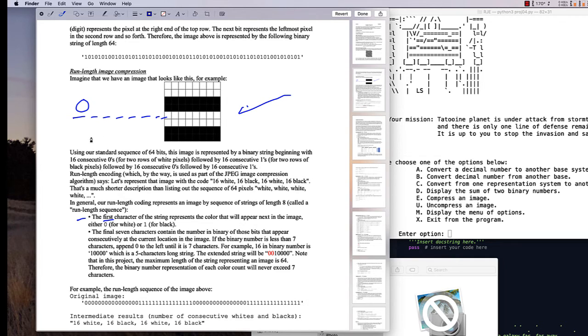All right. And so the first thing will be, okay, we got a bunch of zeros. Now, what we'll put in here will be a count of those zeros. But the count will be base 2, that is in binary. Right? So in this case, we've got zeros, and we got the units, so we got the 2s, and we got the 4s, and the 8s, and the 16s. All right, so that